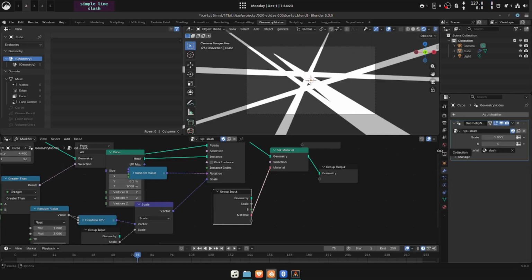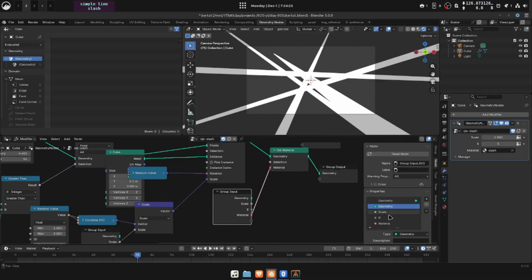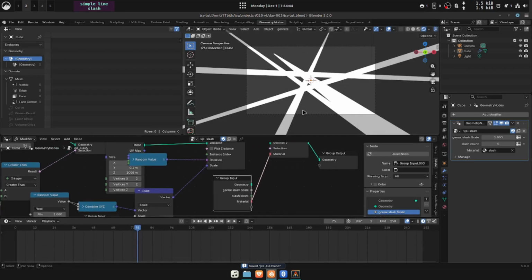So if I just go and rename it to say material, this is count, and general slash scale. Okay, so what I can do now is I want this to appear at like 60 frames,